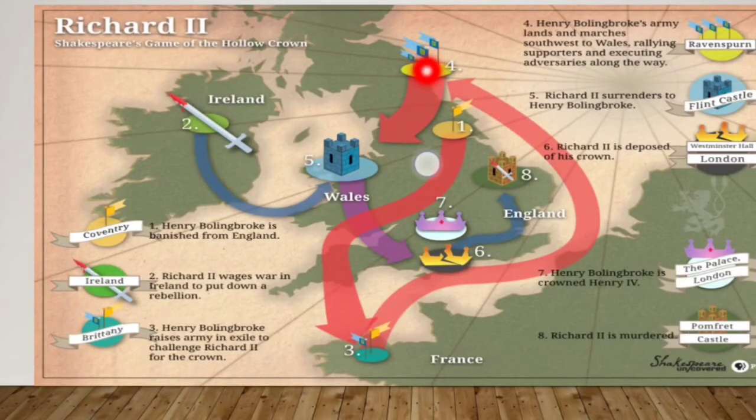And then what happens is that again in Wales, this is where the king is. In Wales, in the Flint Castle, Richard II surrenders to Henry of Bolingbroke. He has to surrender because, because of his tyranny, perhaps no one is there to help him now, and all the aristocrats have turned against him. So he surrenders to Henry of Bolingbroke, and